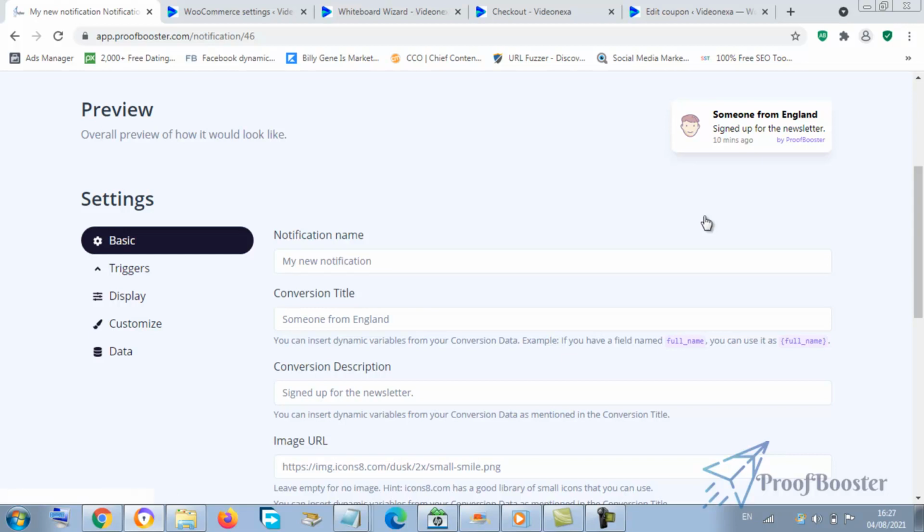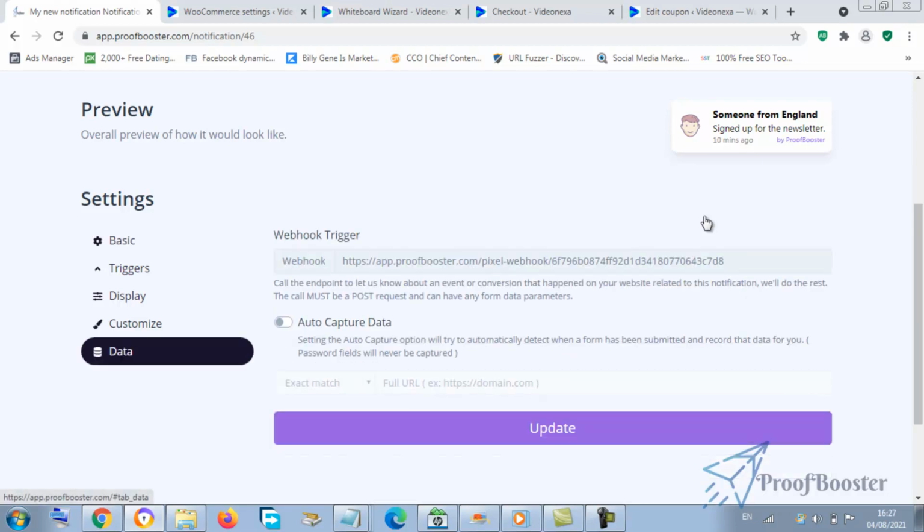The webhook is what's going to fetch the data from your site. Now you click on data. After you select latest conversion, click on data. Then this is webhook. We're going to use this. Now click on auto capture. In the other video, we didn't come here because it's manual. Now this is